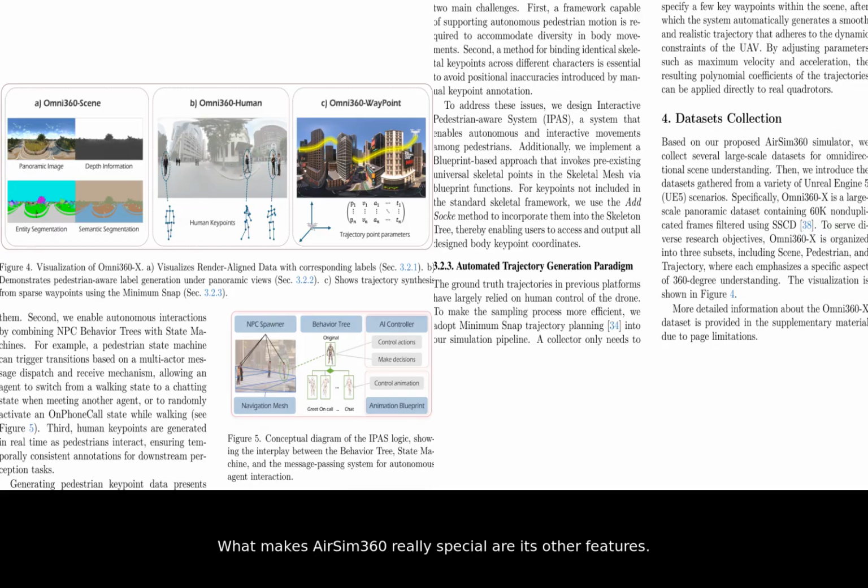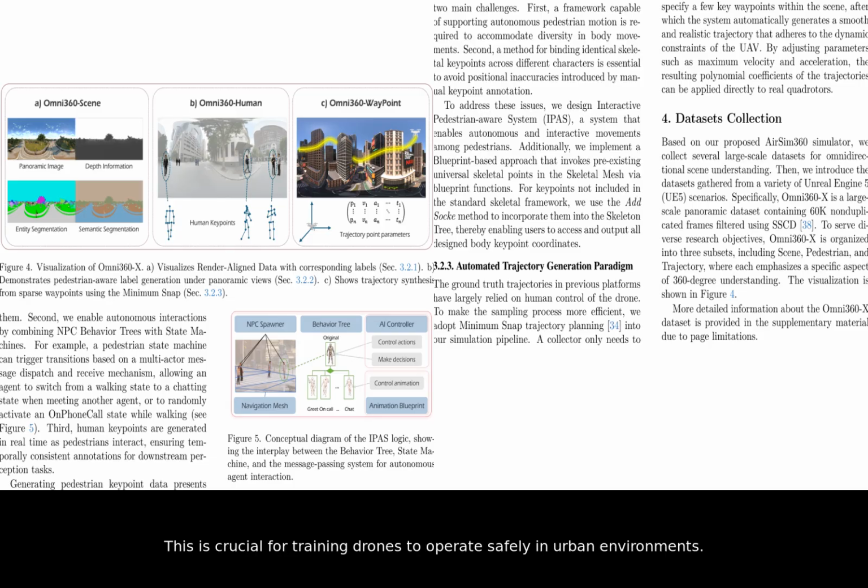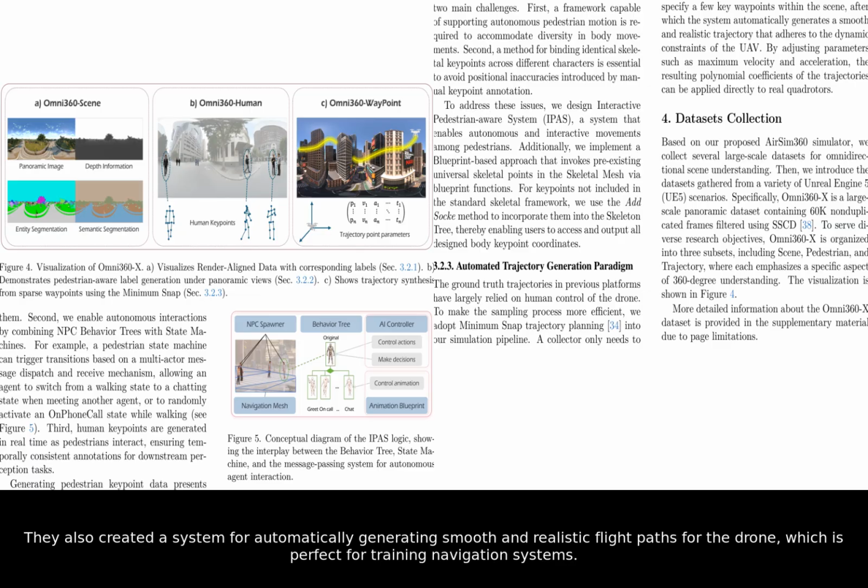What makes AirSim360 really special are its other features. It includes an interactive pedestrian-aware system, which means they can populate their virtual cities with digital humans that walk around and interact with each other realistically. This is crucial for training drones to operate safely in urban environments. They also created a system for automatically generating smooth and realistic flight paths for the drone, which is perfect for